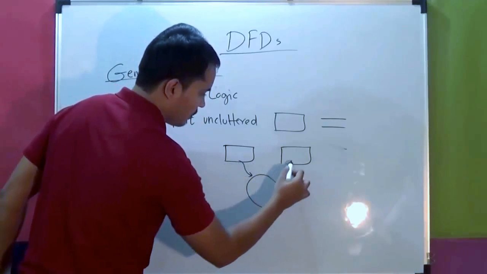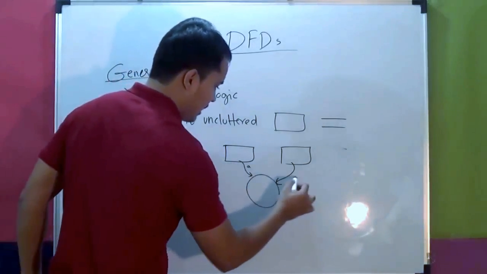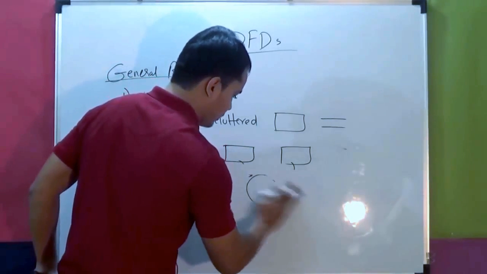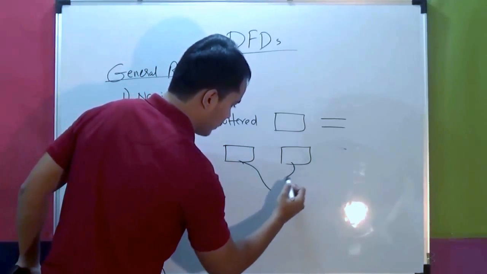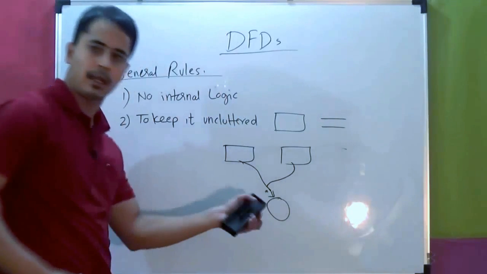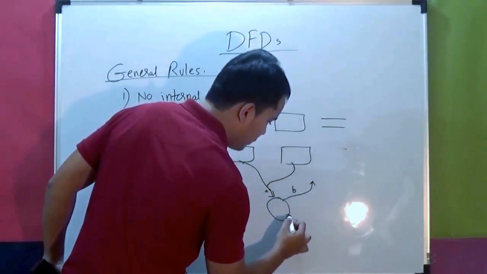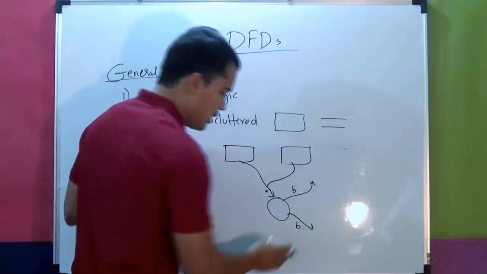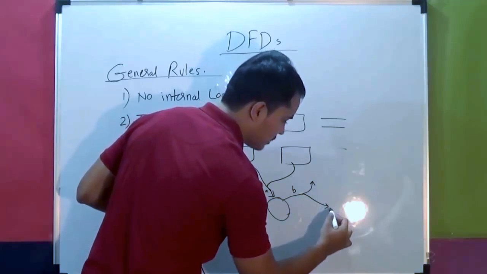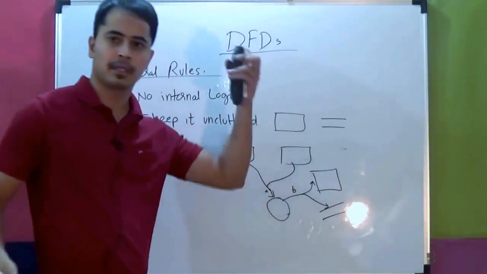If this is the input flow and this is the input flow, and both flows are actually the same, like A and A, then instead of drawing two flows, you use a join. You show them here and then join them before you give them to the process, like A. This is allowed; this is a join for data flows. And if there are two outputs like B and B going away from the process, you can again draw one and then separate them to their respective destinations. One goes inside the data store, one is consumed by your entity.